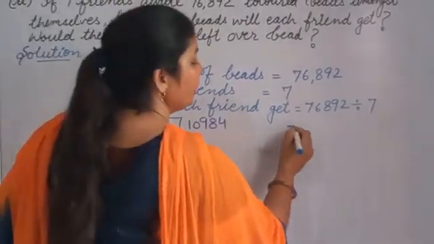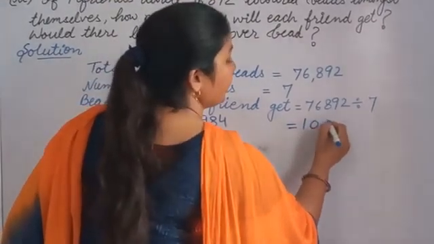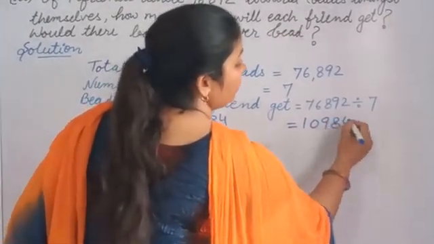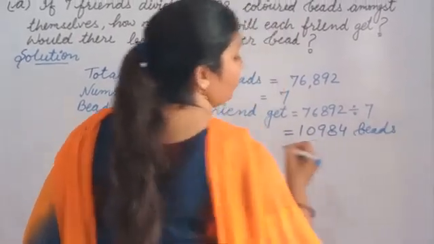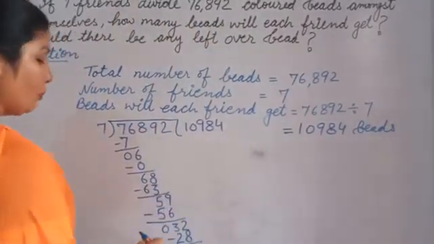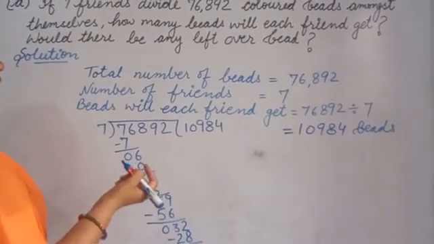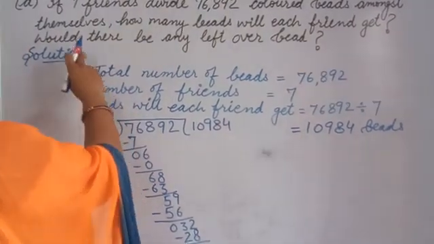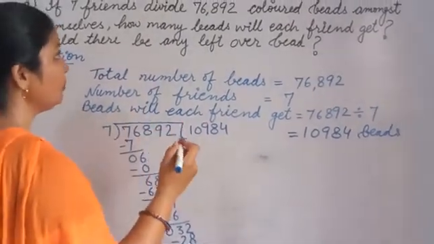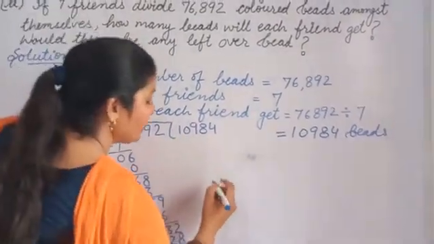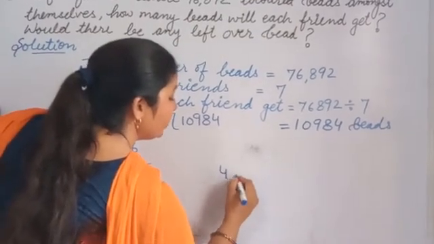So we write here 10,984 bits. Okay. Now how many bits are left? 4. So we write here that it is asking would there be any leftover bits? So yes, 4 bits will be left over. So we write here 4 bits